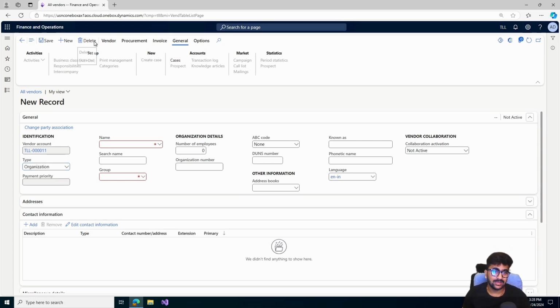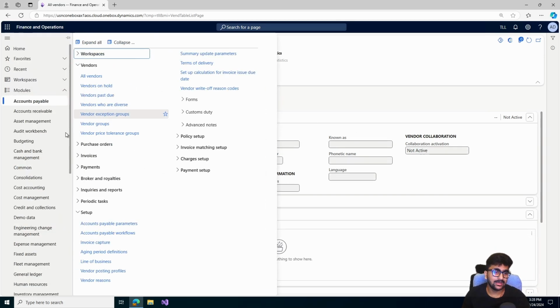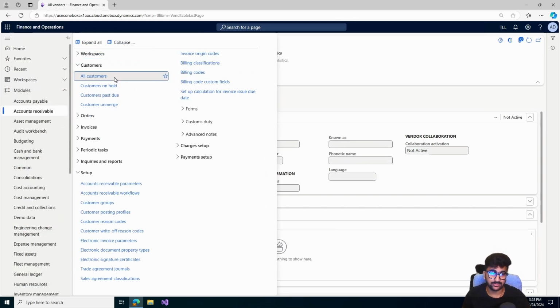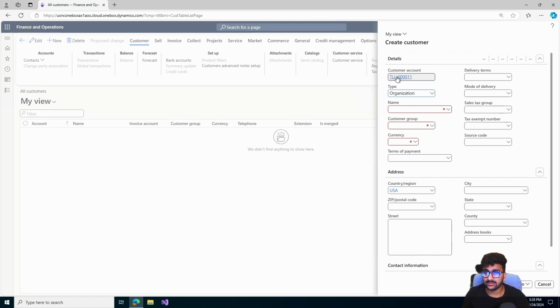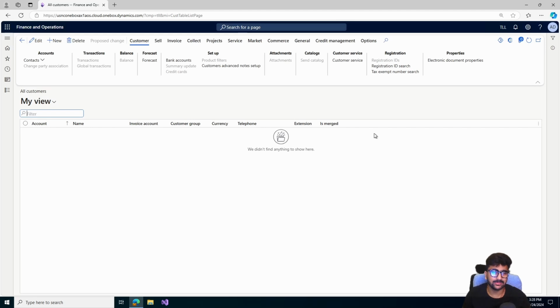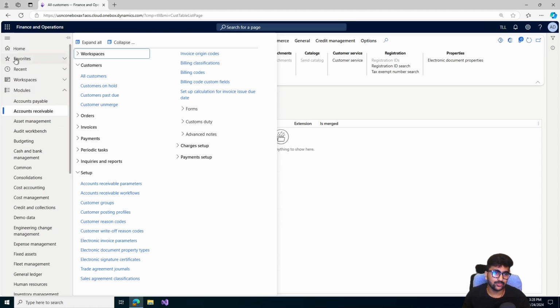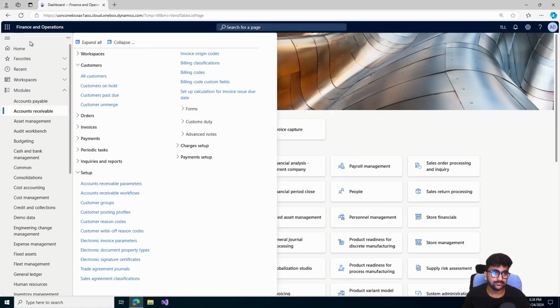Similarly, let me delete this. In customers, all customers, this is my number sequence code for customer. It is the same, but the client is asking, I don't want this type of number sequence. So what we can do is manually create and assign the number sequence code for each and every master in the system. For that, we have to go to home,